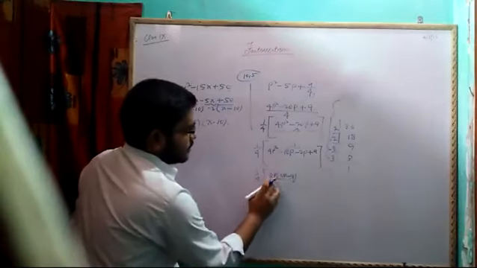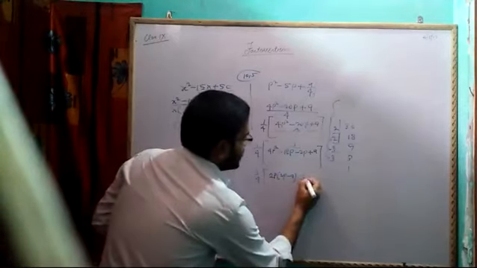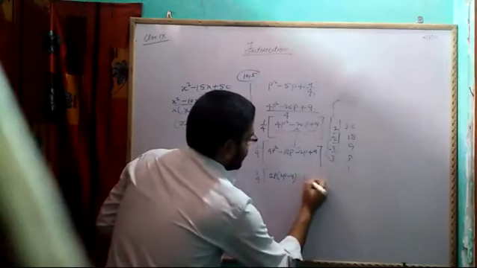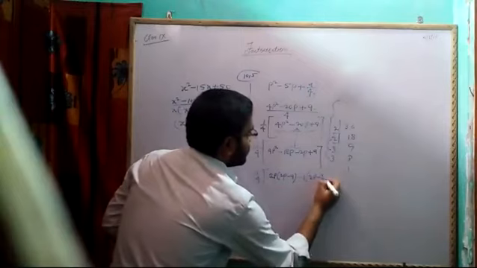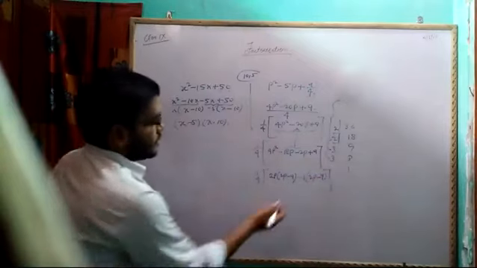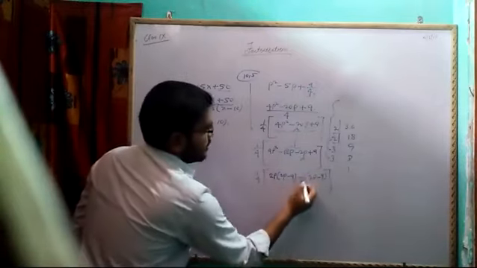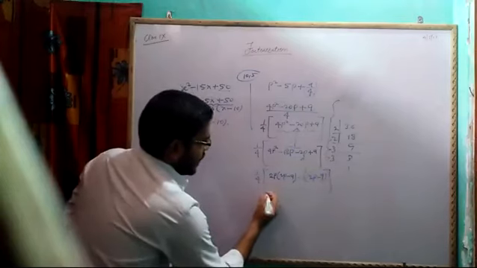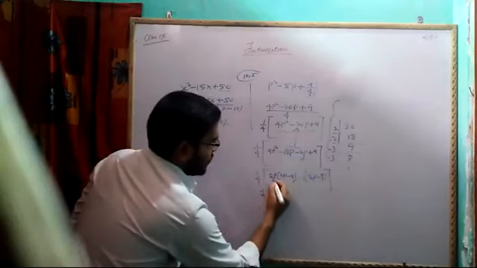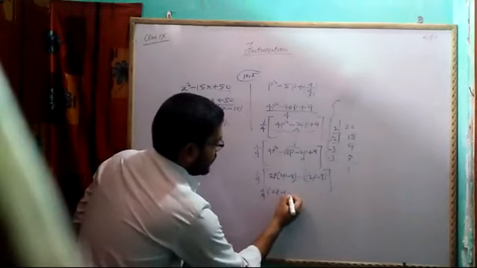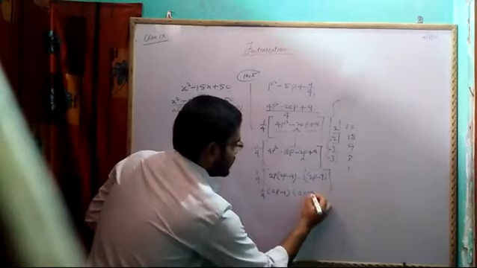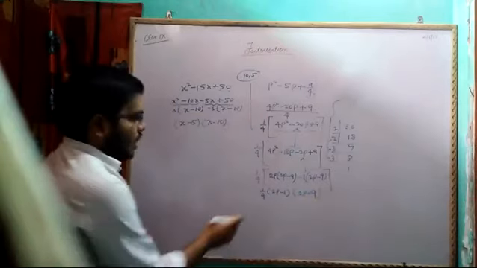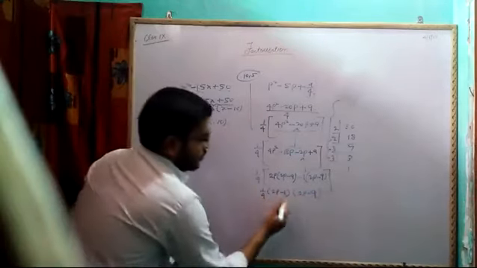9 2s are 18p, 2 2s are 4p square. Then minus 2, minus 1 you take out common, it will be 2p minus 9. Correct? Minus into 2p, this term minus into minus plus. So you are having here 1 by 4 bracket 2p minus 1, and here 2p minus 9, correct? Now if this 4 is there, I can put it inside.